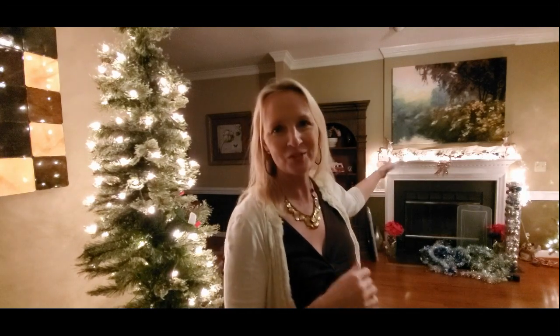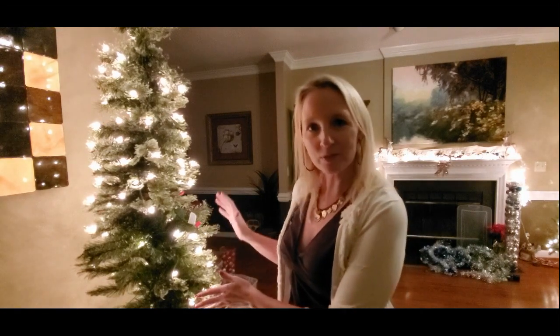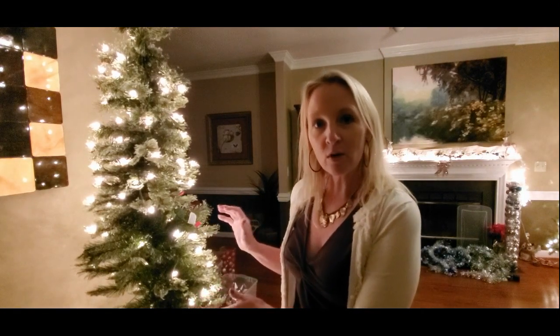You can see back there I've been working on the mantle. I have some of the decorations for the other tree down there. So the place is a little messy right now because I have Christmas decorations waiting to be put on the trees. It's really cool. So yeah, we're going to be doing this little skinny tree here in red and gold,